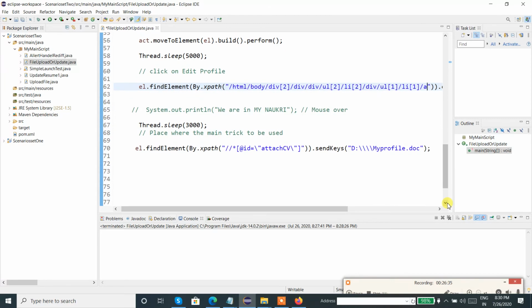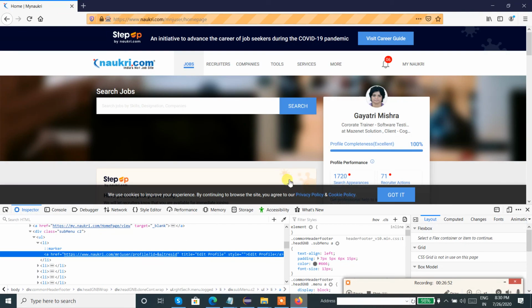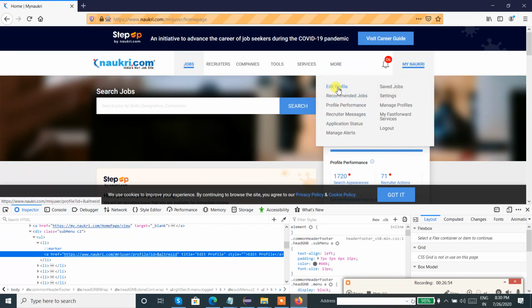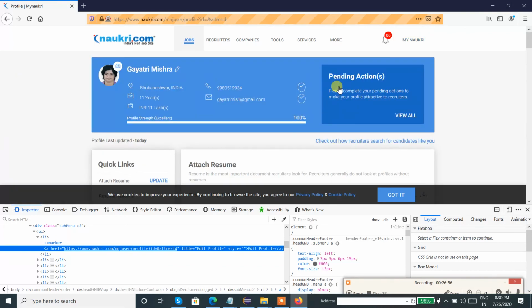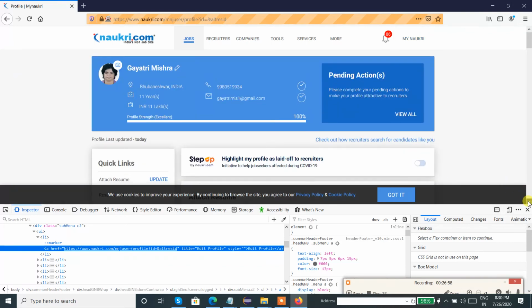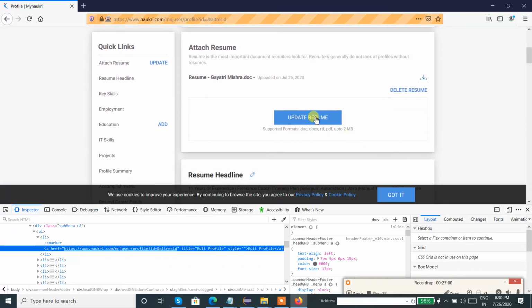Now this is the XPath for update resume. Oh fine, the file path was missed. Okay, so now in edit profile I should capture the XPath for update resume.